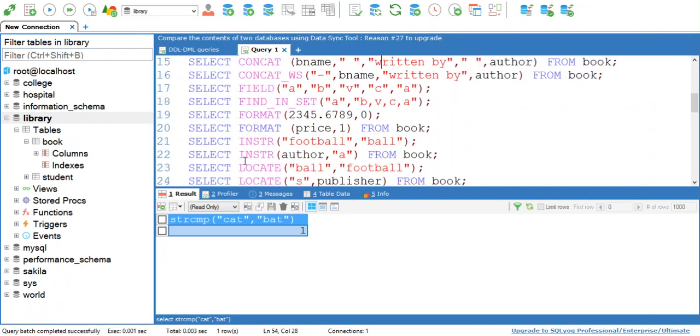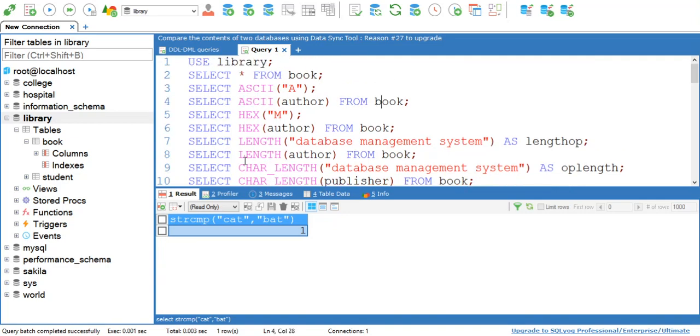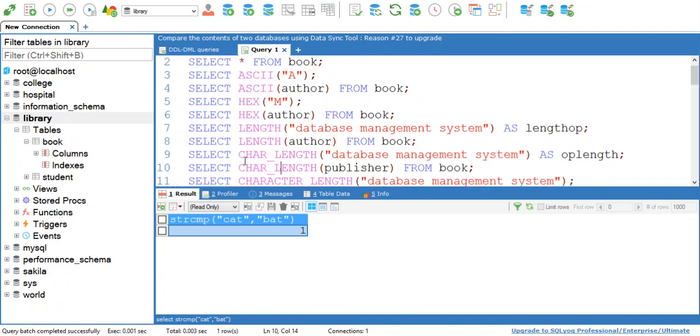So today we have seen all the string functions. First is ASCII, which is used to display the ASCII value of a character. Next is hex, which is used to display the hexadecimal value of a character. The length function is used to find out the length of an input string, including white spaces. Character length is the same as length.